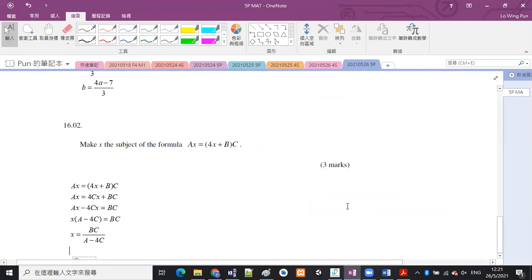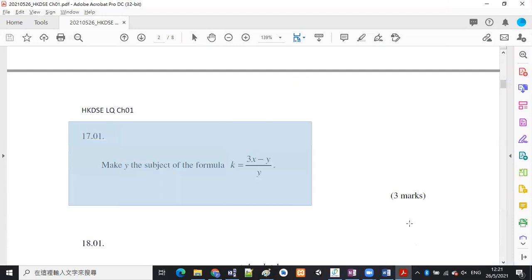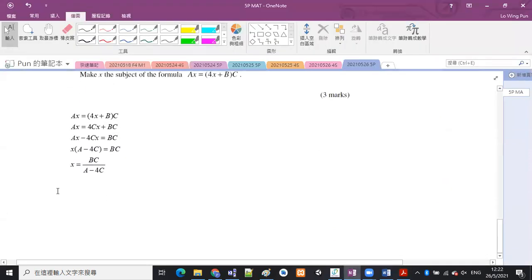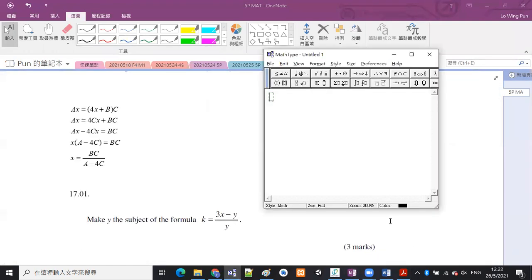Any problems up to now? Next. This one is also very easy. 17.01. So k is equal to 3x minus y over y. I want y to be the subject, okay, but there is a fraction, so I need to cancel out the fraction first. Just multiply the y to the left-hand side, and we have k times y equals 3x minus